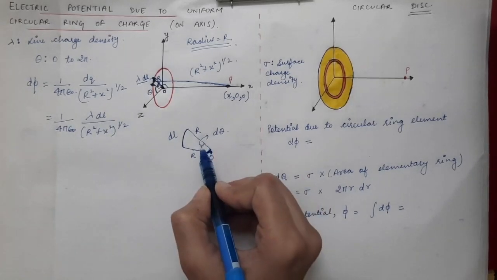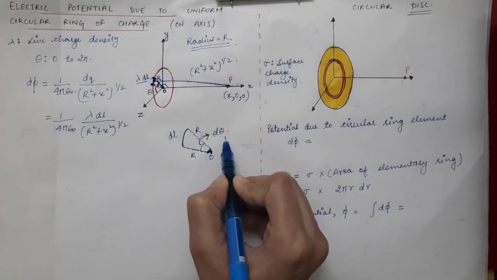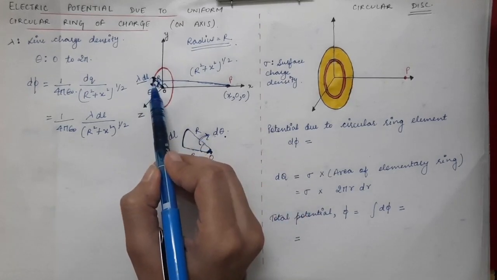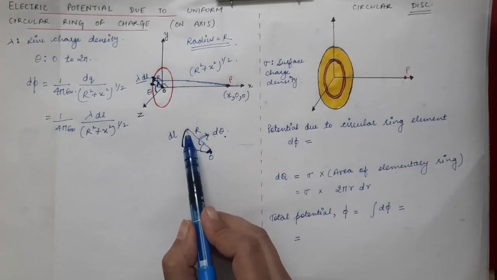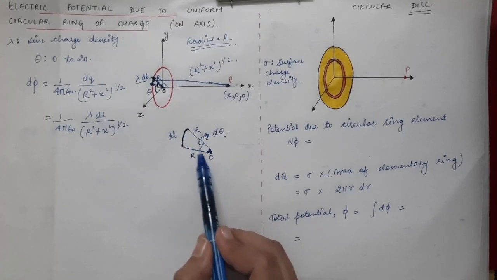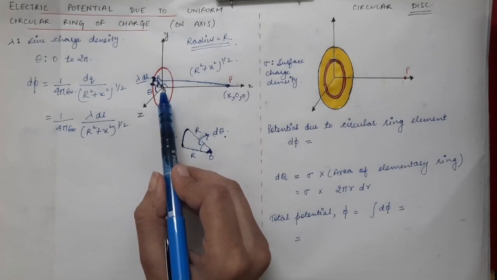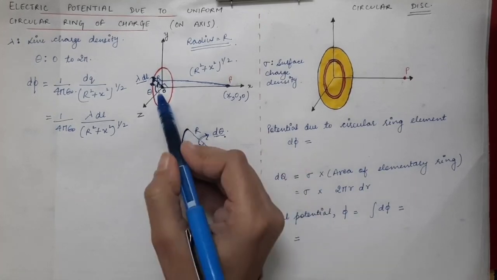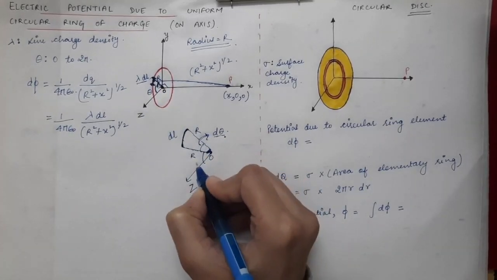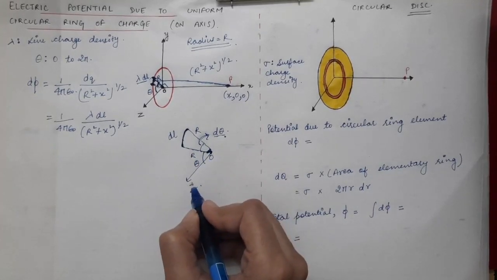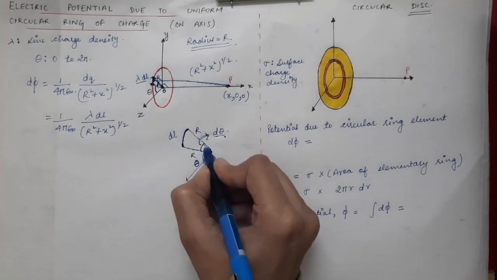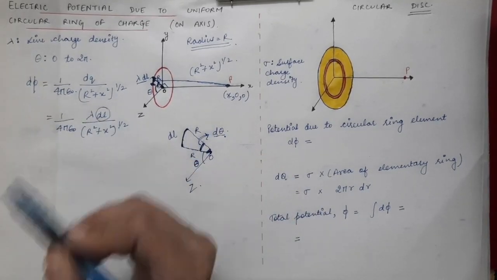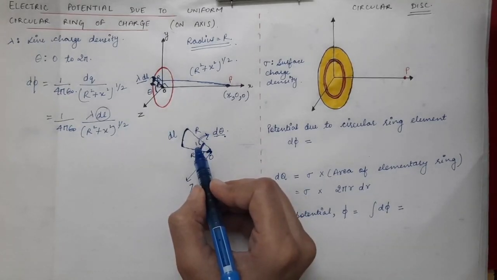Now over here we have assumed that this angle subtended by this arc is d theta. This was the length element we had taken, dl amount of length, and the angle subtended by this length element at the center of the circular ring was d theta. This was taken as the z-axis, and the angle made by this length element with the z-axis was taken as theta. So this small angle will be equal to d theta. What will be this dl length? We will use the property of the arc of a circle.